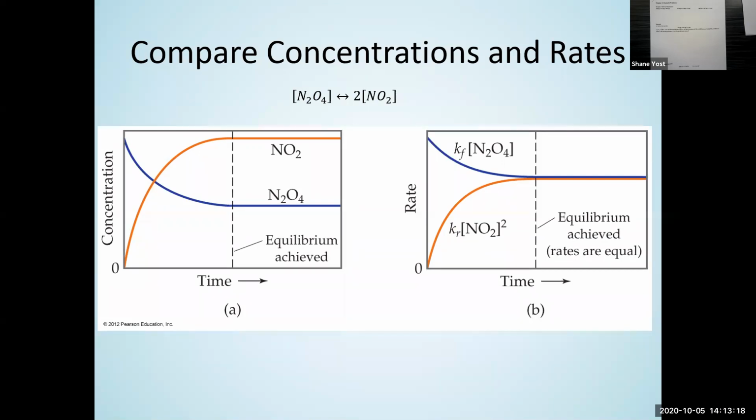So again, it's the same type of thing for chemical equilibrium. The rates of formation of your products and reactants are the same, so the concentrations are not changing, even if individual N2O4s are still reacting and individual NO2s are still reacting. The total concentration is unchanged. Questions about chemical equilibrium? Its definition, what it is.